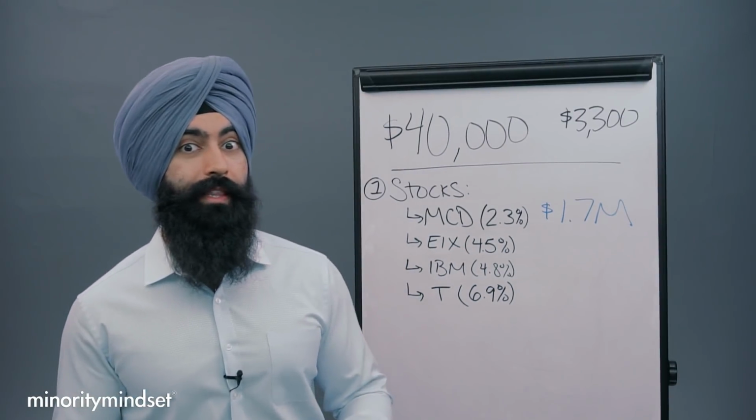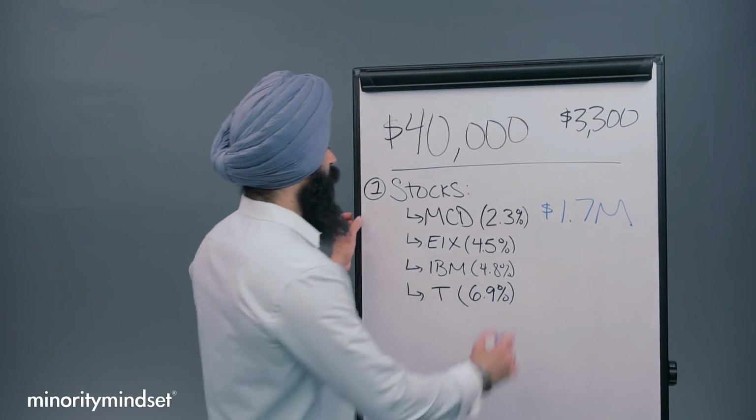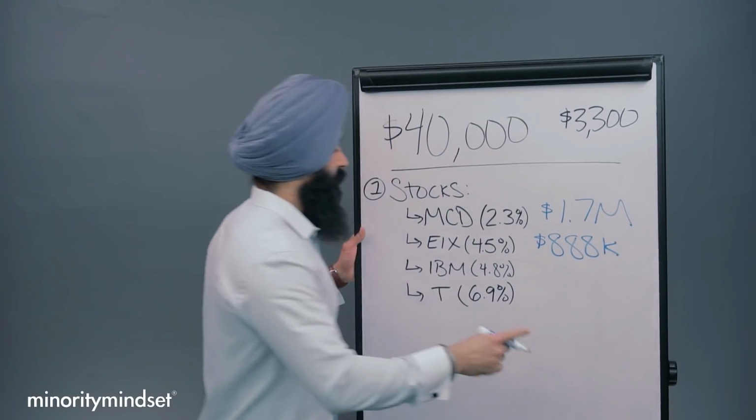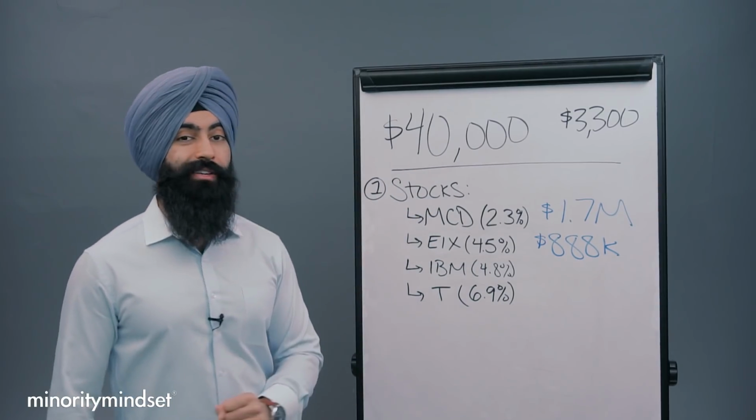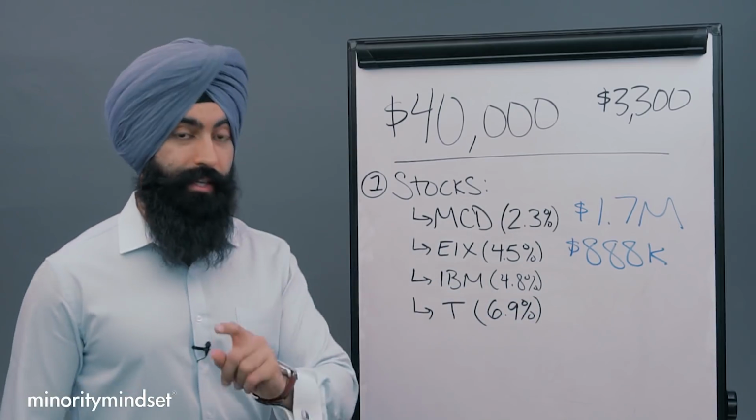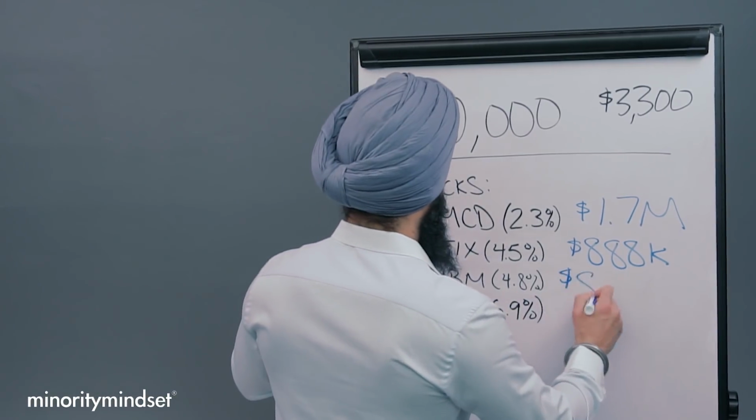So if you wanted to get the same $40,000 a year in passive income through EIX, you would have to invest right around $888,000 into this company today based off of this 4.5% yield to generate $40,000 a year passively. If you wanted to do it through IBM, which is right now, at the time of recording this video, paying a 4.8% yield, it's going to cost you